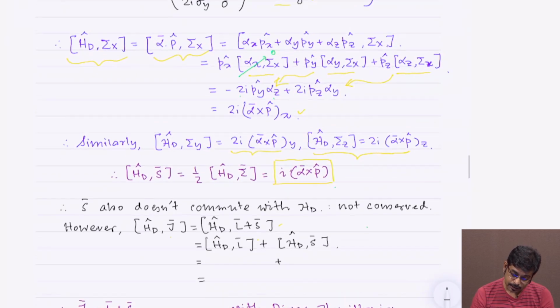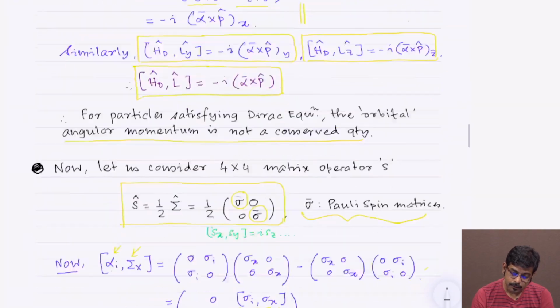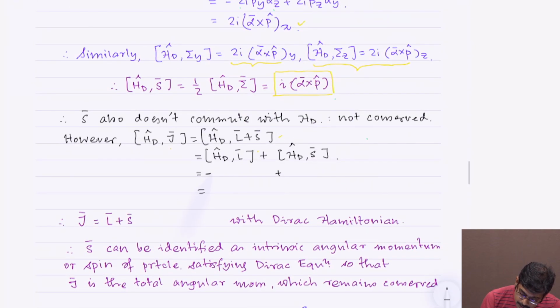How much did we get for the commutator of H_D with L? Let's go back. This is minus i alpha cross p. Let's put that. This is minus i alpha cross p. And what is the commutator of H_D with S? This is plus